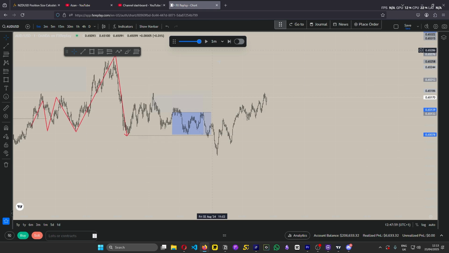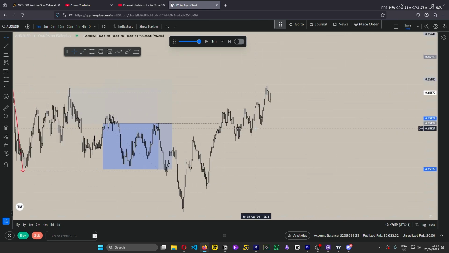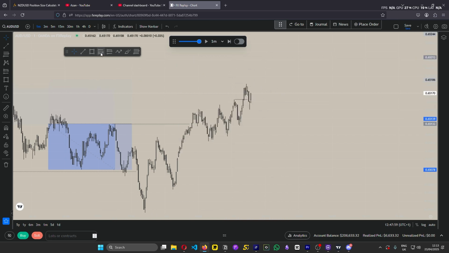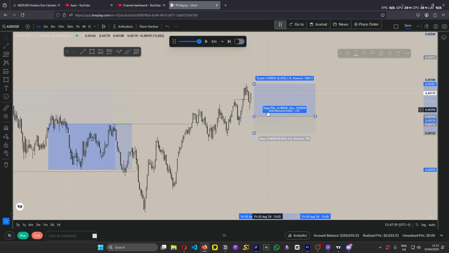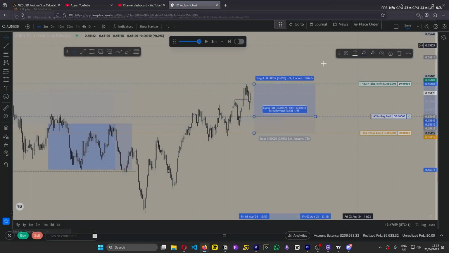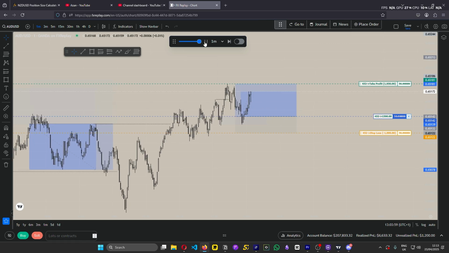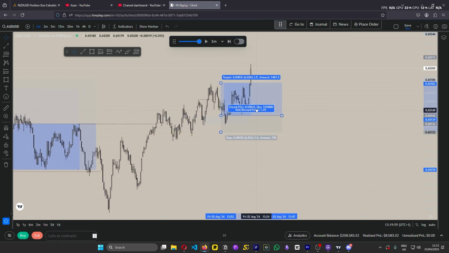So by the looks of things, we just shifted up right here, and we are creating higher highs. So I'm going to take a continuation all the way until the internal weak structure. So right here, what time is it? Okay, 12:50. I'm going to put a buy limit right there, because I don't know when the trend is going to end, and we end up hitting TP. That's amazing. Wow.